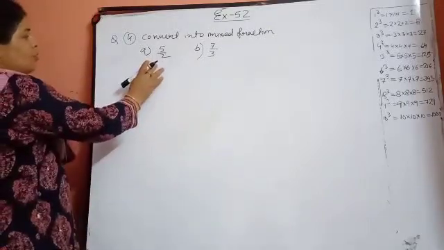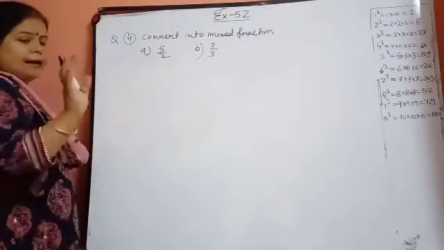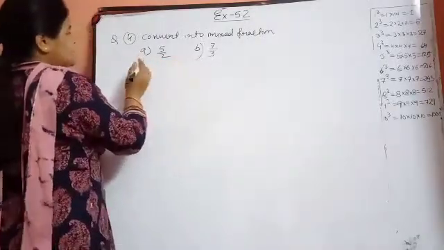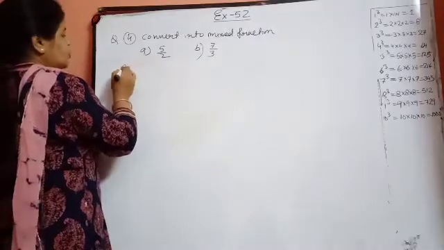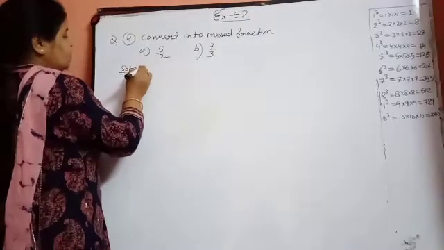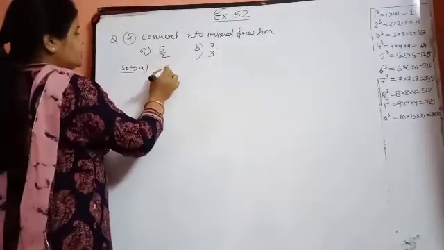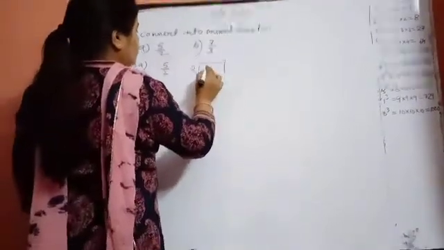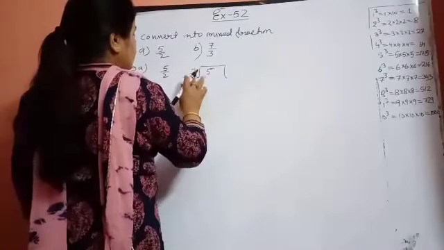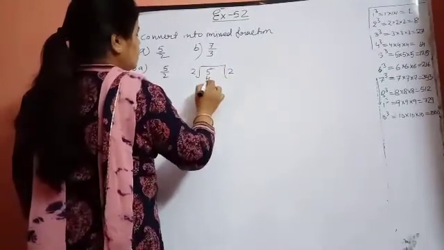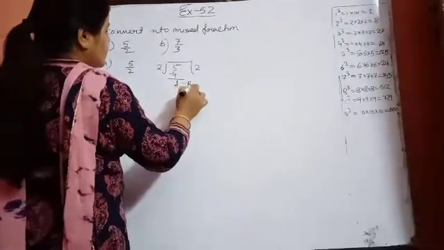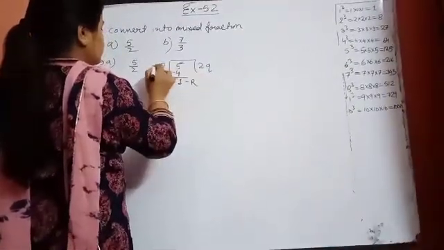I am telling you how you will do. A and B parts I am doing, and the rest 2-3 parts are there. Those parts you will do yourself. See, beta, how you will do the solution of A part. 5/2 is there. You just divide 5 by 2. 2 twos are 4. 5 minus 4, 1. It will be your remainder. It is your quotient. It is your divisor.